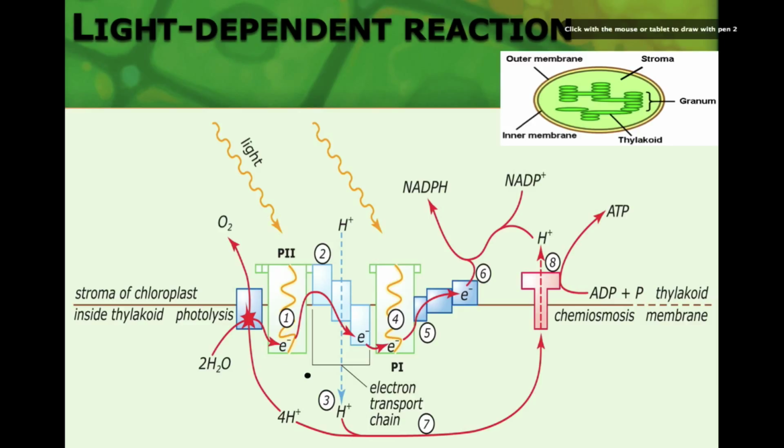So light energy is absorbed by various pigments and is used to energize electrons in a chlorophyll molecule. So here's our light. It's going to energize electrons, and then these electrons will pass through a series of protein molecules called the electron transport chain. So here's our electrons moving on through here. As these excited electrons pass through the electron transport chain, some of them will then be used to energize